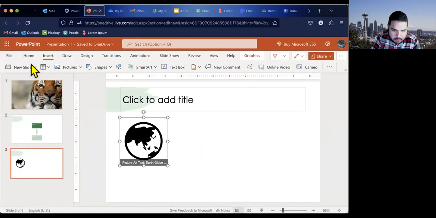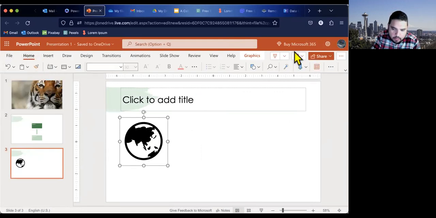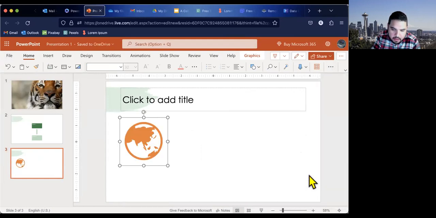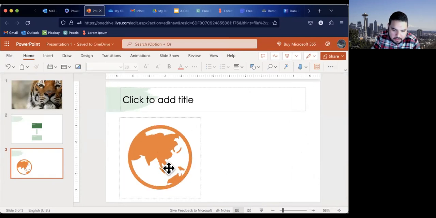And if I press the Home button, I could change the color of it. Let's see, it should be under the 3 dots, Shape Fill. I could give it an orange color if I want. And now I have an icon of a planet.